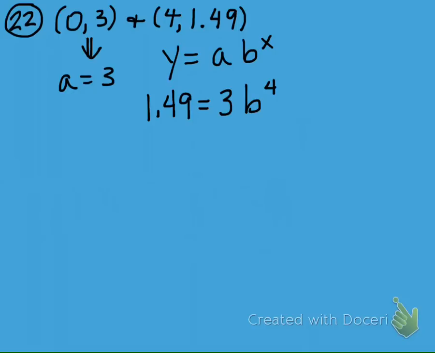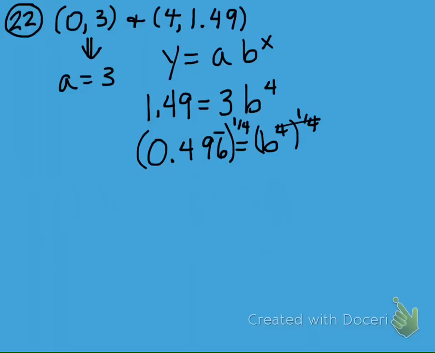And when you do that, and this is a calculator problem, you wouldn't be expected to get these nasty decimals by hand. You get 0.4966 repeating equals b to the 4th. Well, to get that 4th exponent off, we can raise that to the 1/4 power, and that will cancel. And we can do that as long as we do the same to the other side. And that's an easy way to get the answer with your calculator, by the way. So when you have that decimal on screen, you just raise it to the 1/4 power, and you will get that b is approximately